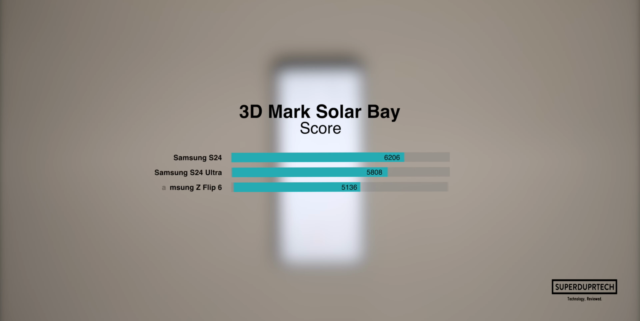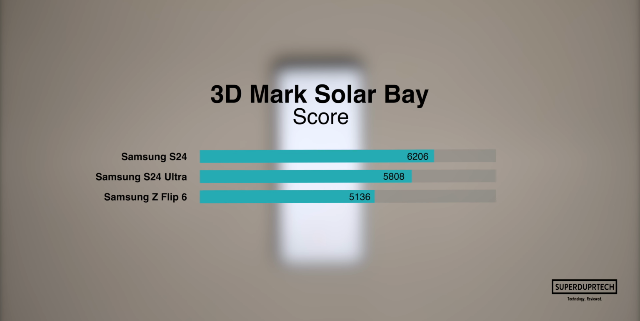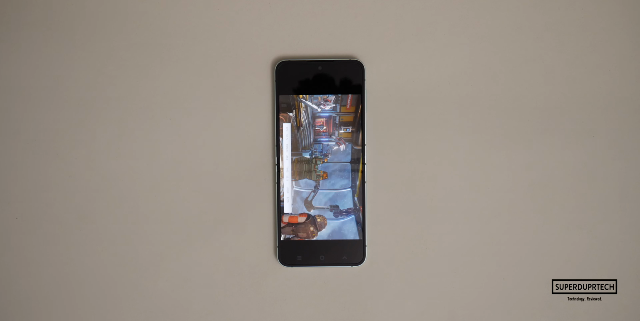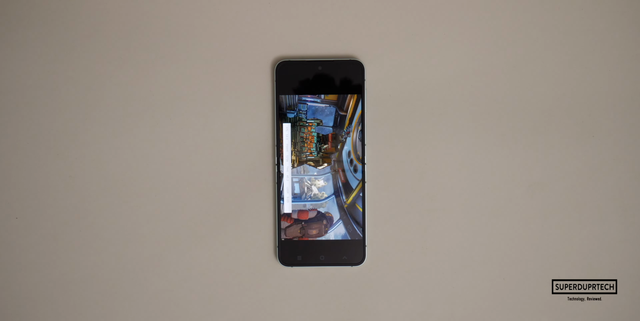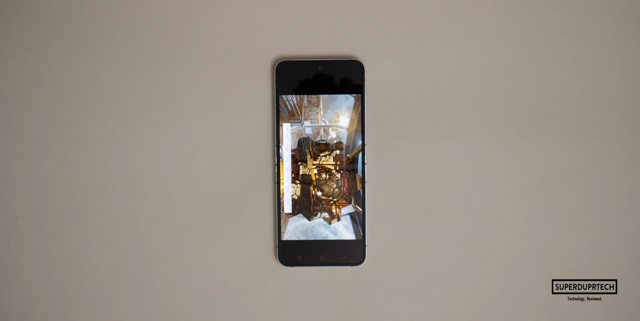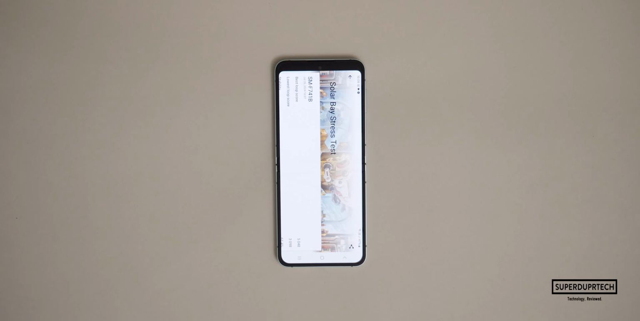And once again, comparing to the S24 scored 6206 compared to the 5136 of the Z Flip 6. We can once again see that there are some differences in the performance between these two devices. And boy does the differences come further to light when we run the Solar Bay stress test, with the best score the Z Flip 6 was able to score being 5048, with its lowest being